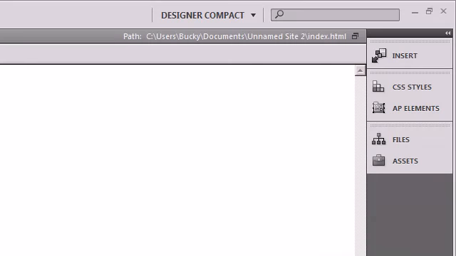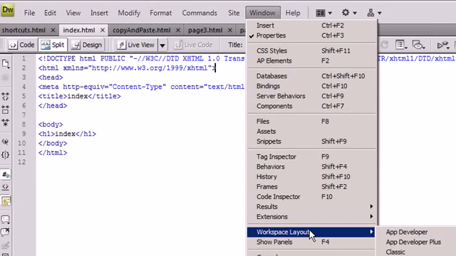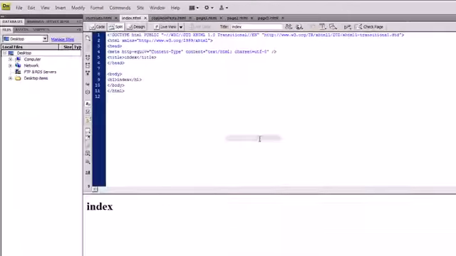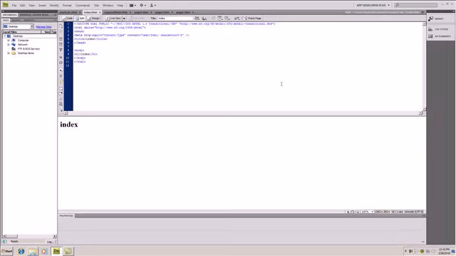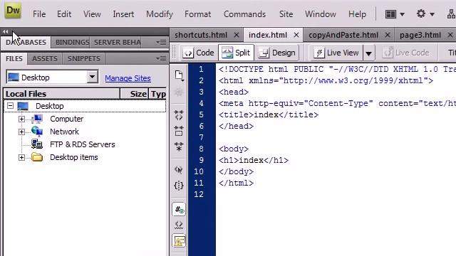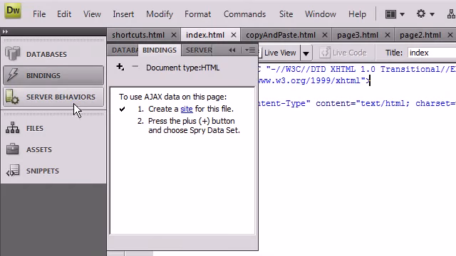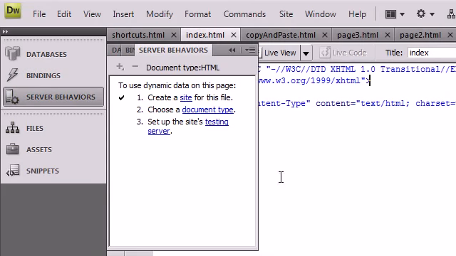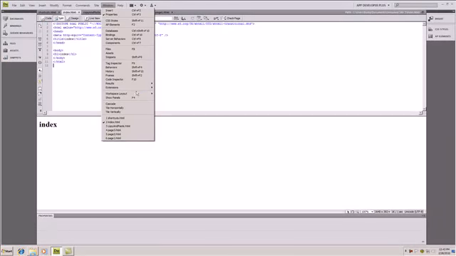If you don't like this view of how all this stuff's set up, you can go down here to Workspace Layout underneath the window, and you have the App Developer, you have the App Developer Plus. See, it moves the files over here and keeps the insert and the CSS styles over here. It also adds this database, which we will talk about later, and it has server bindings, server behaviors, which we don't need to worry about any of that stuff right now, but just to see how all this stuff is arranged as you select these